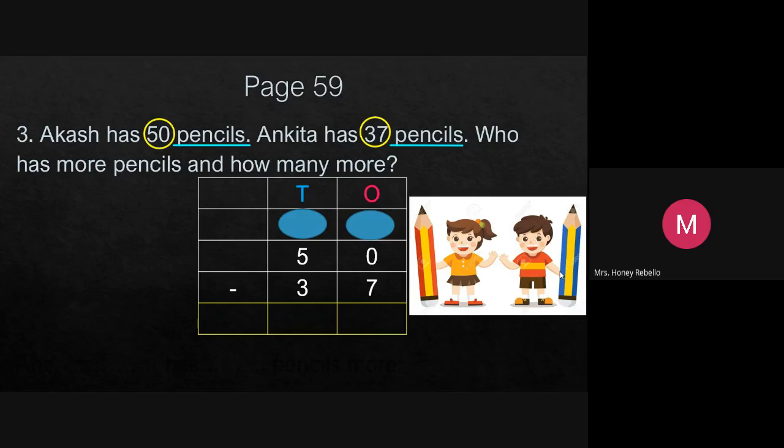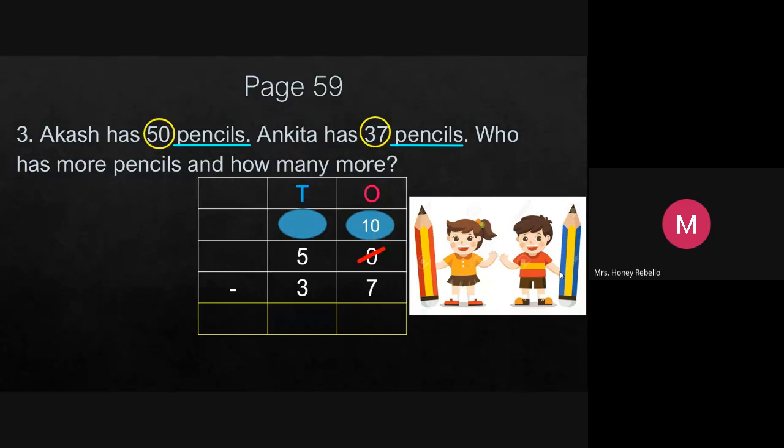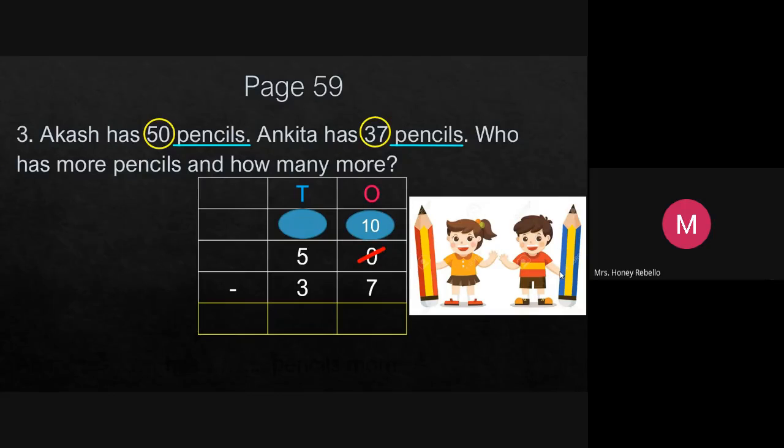Now tell me, Sujin, you have to take 7 from 0. You cannot take. Now what should I do? Borrow from which number? Which place? From 5. And 0 will turn 10, ma'am. 10. Now you subtract. What is 10 minus 7? 3, ma'am. 3, because you have done already. But close your fingers and show me 10 minus 7. After 7, you count till 10 on your fingers. After 7, come on. 8, 9, 10. You got 3. Three, ma'am. Very good.